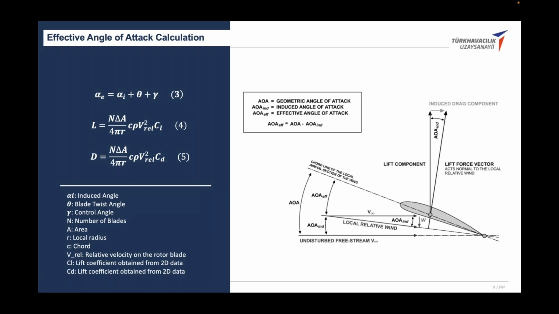We have to calculate the effective angle of attack first. So the effective angle of attack comes from three different angles. The first term is induced angle, as I mentioned in the previous slide. The other is blade twist angle, which is a design parameter, and the other angle is control angle, which is collective and cyclic angles. This gives us the effective angle of attack, and in simple lift and drag formulation,